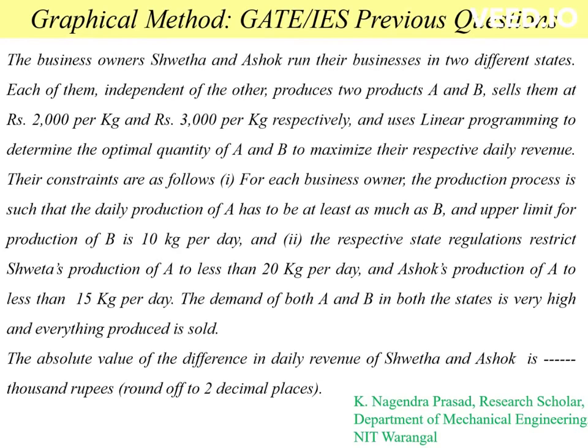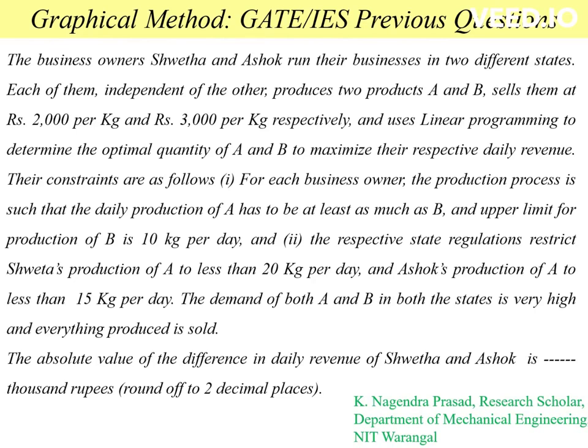Hello everyone. In this lecture, we will discuss the GATE and IES questions on the graphical method topic. First question is, the business owners Shweta and Ashok run their business in two different states. Each of them, independent of the other, produces two products A and B, sells them at 2000 rupees per kg and 3000 per kg, and uses linear programming to determine the optimal quantity of A and B to maximize their